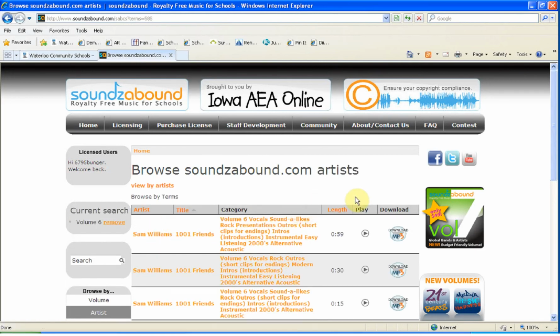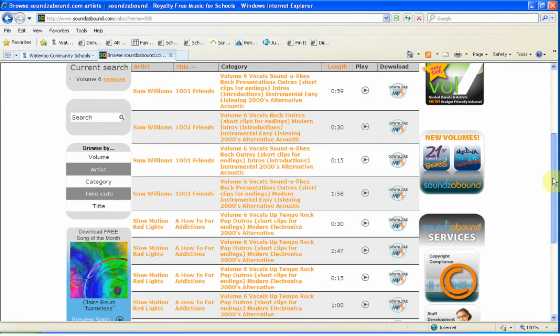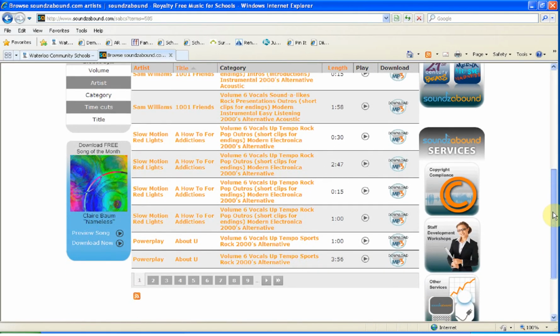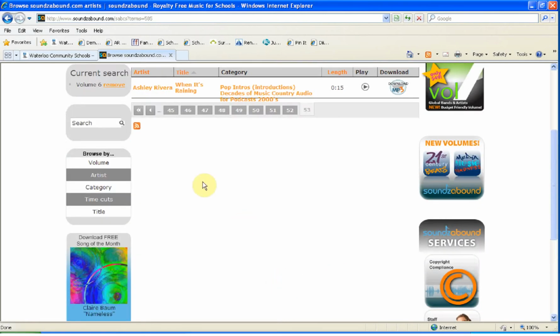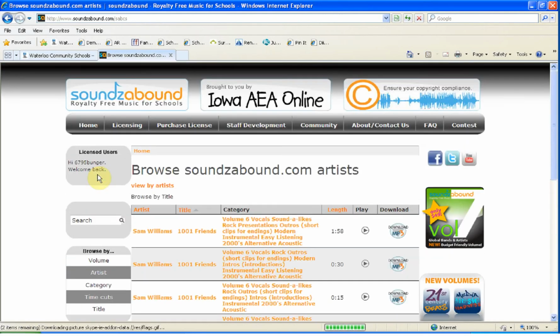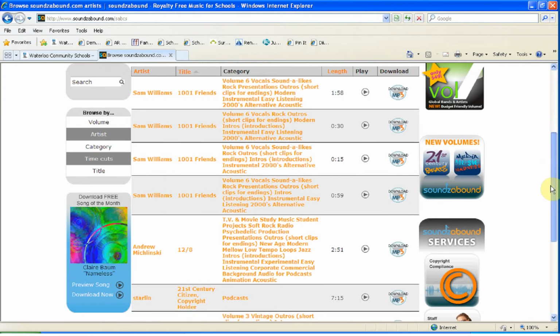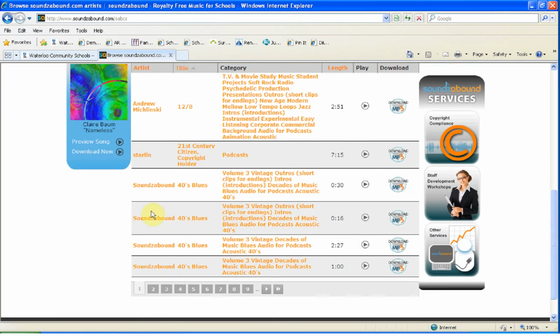And then what we can do, oh geez, that's our rock song. Anyway, so if we scroll down, we can start to see lots of different songs, and then we can go through and see lots of different pages that are available. You can also browse by the artist. So now I can browse by artist. We just keep getting that same one. I can browse by the artist or the person that created it. So some of these say Soundzabound. If we go back up,